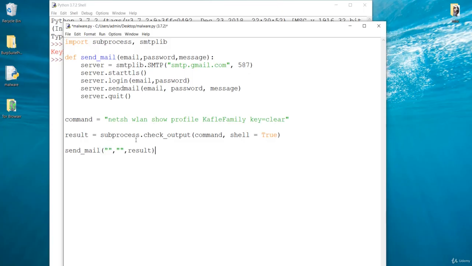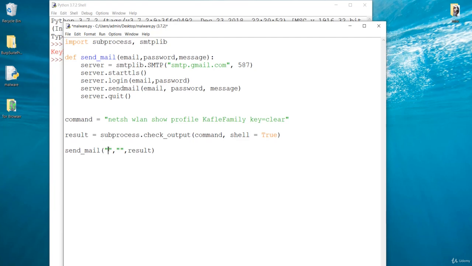Now this should be a correct email and password, because this is not going to work if you write a wrong mail and wrong password here. You can clearly see that we log in with that email and password, and whatever the result is, it is sent to that same mail. That means you have to make a new test email that should be Gmail, and a password, and you will put it over here.